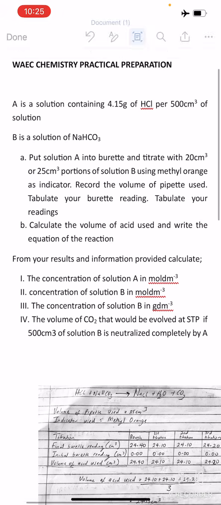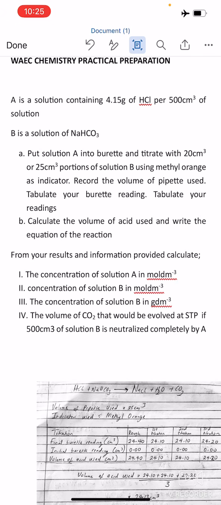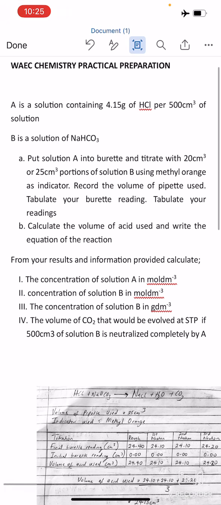So out of the 50 marks, it usually carries around 20 marks. So it means that if you are able to do this very well, it will help you in your chemistry. At least it will boost your score very well. So know that